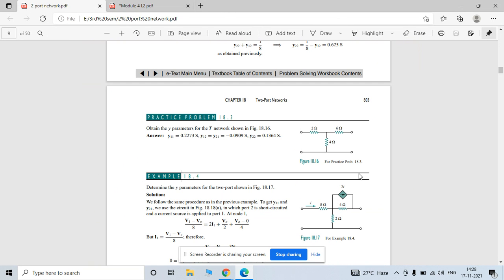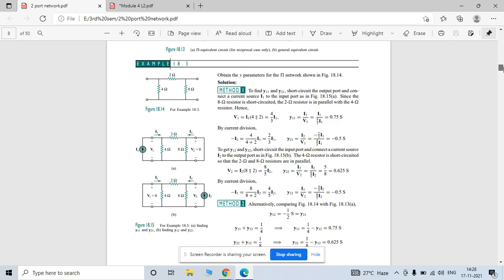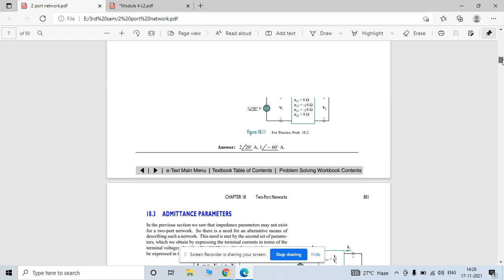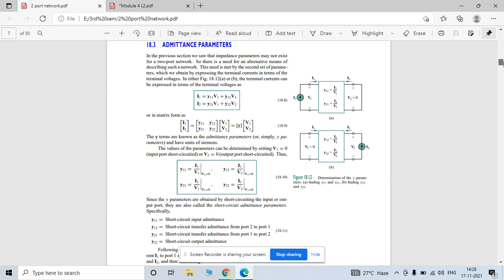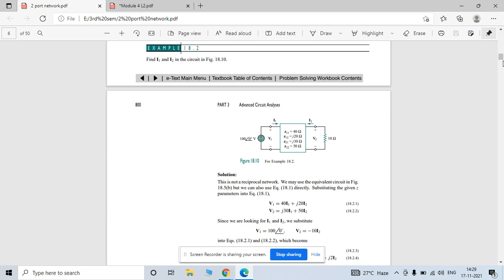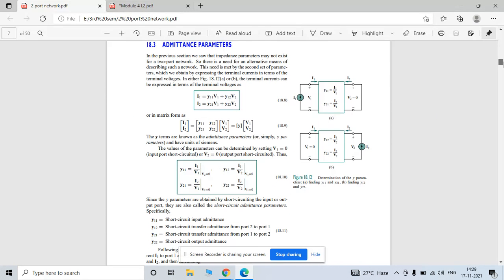Now see here. First of all we discuss this admittance parameter. Later on we discuss this problem for impedance parameter. Now, this equation, I already told, is your standard equation for admittance parameters. This is your dependent quantity, and these are the independent quantities. These are the two port network.